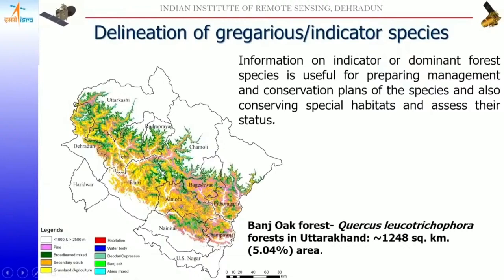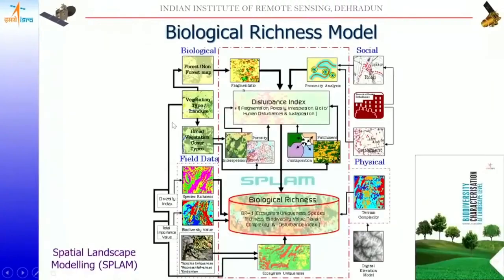So if you know the distribution of the pine or the gregarious oak forest, then we can do the management to mitigate those events which occur due to anthropogenic activities or other functions that contribute to the distribution as well as the